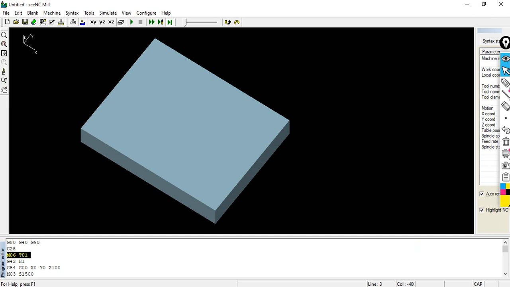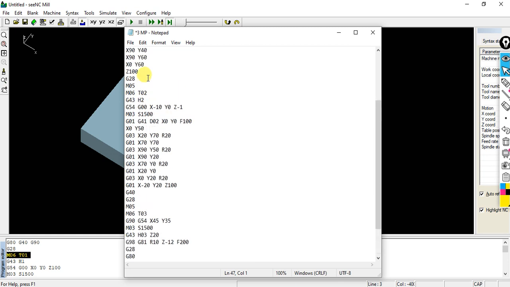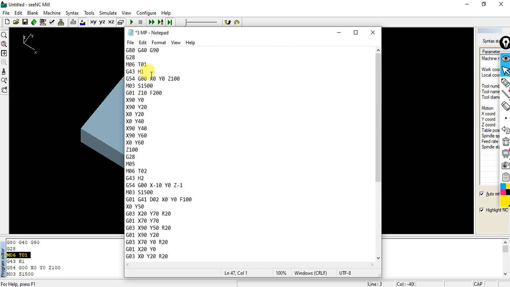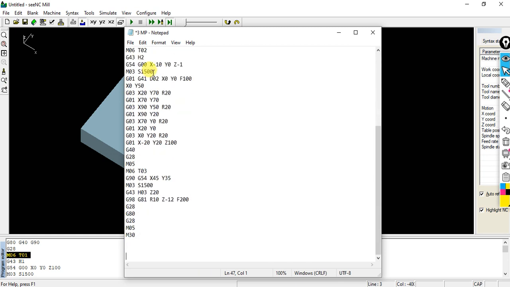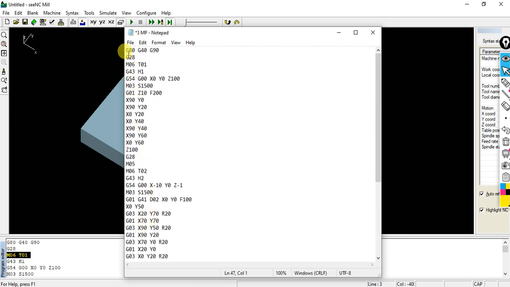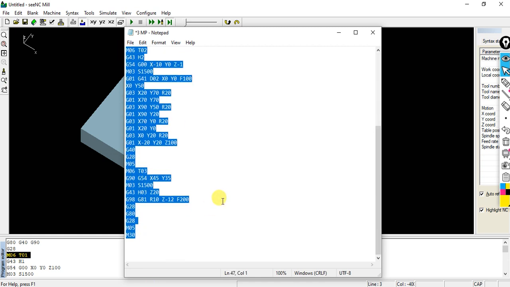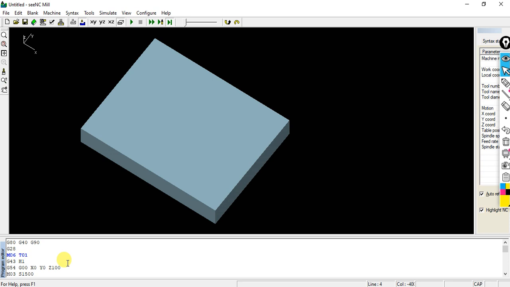Here I have written my part program. This is a pre-written part program. We already did this for model 1, and we will discuss how to write the part program for the given work part number 2. I will just show how it will execute. So let me copy the program, Control C. You can use Notepad or else you can type here.